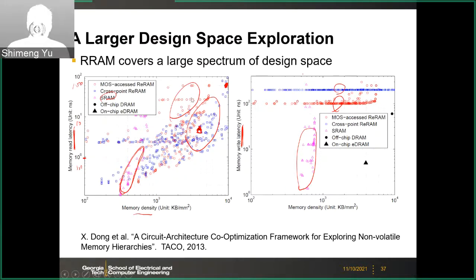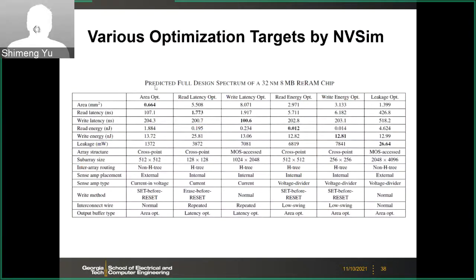So anyway, this is the spectrum of the design space without considering the endurance. Okay. So if you assume RRAM in the future can have good endurance, then this is how it looks, or how it compares with the SRAM for the cache. Then you may wonder, will this be useful? So before we address that question,